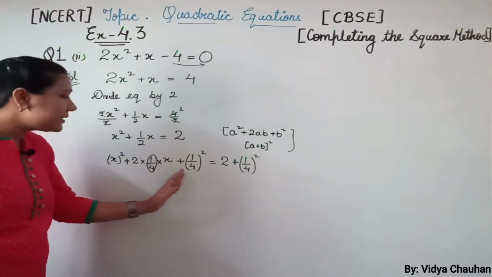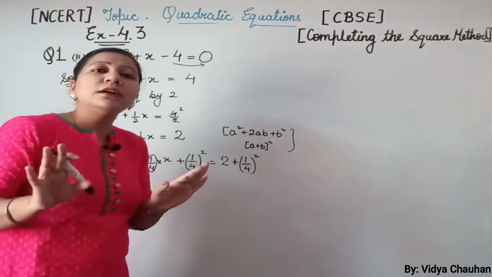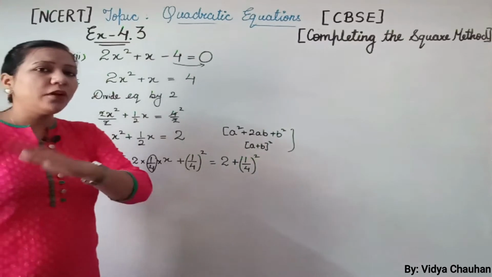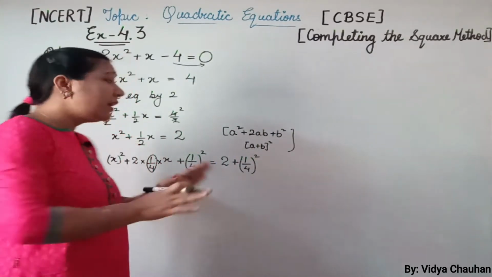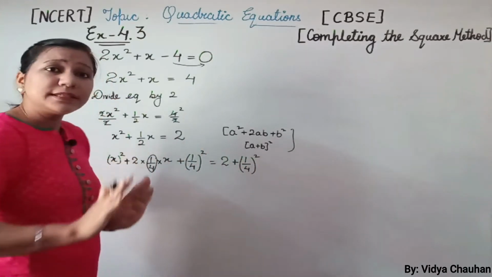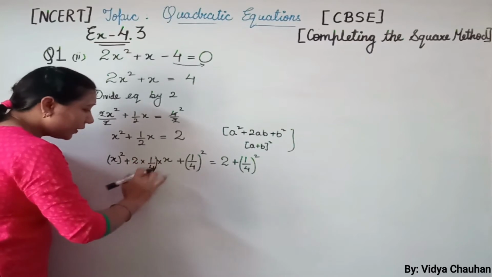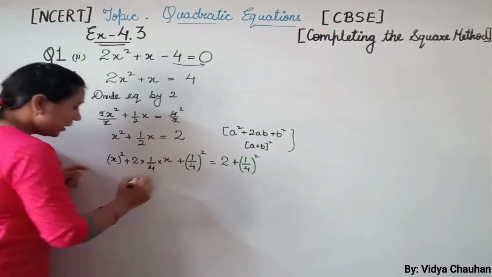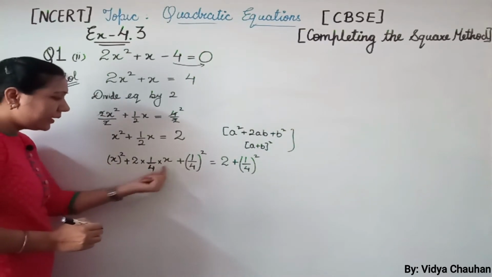Because if we add the same term to both the sides, it will not make any difference to the solution. Whether you add or subtract any term from the left hand side and right hand side both, that means both the sides of the equation, it will keep the equation the same. Done. Now moving forward, here we have made our equation in the form of a square plus 2ab plus